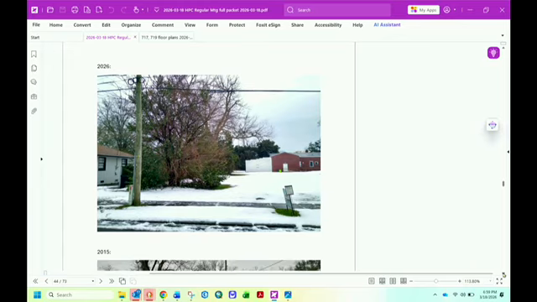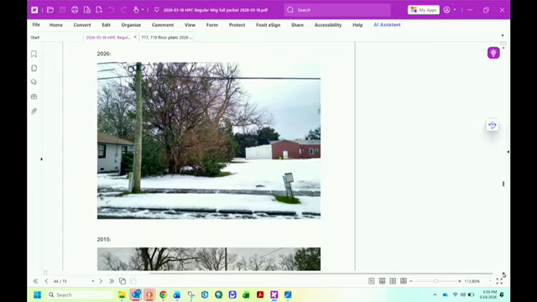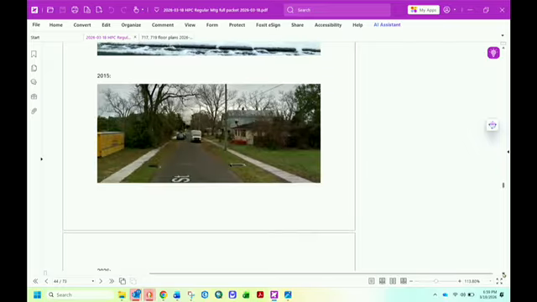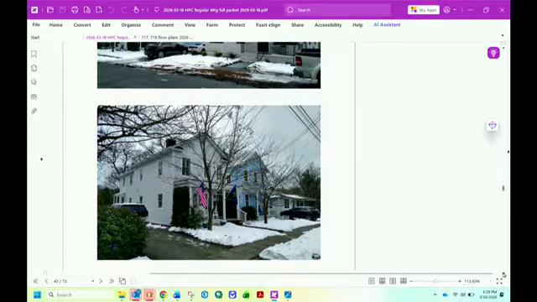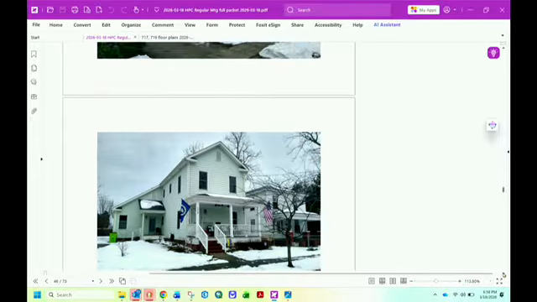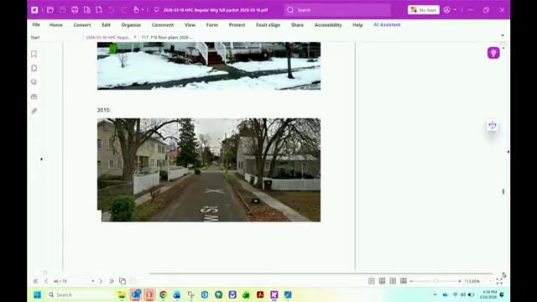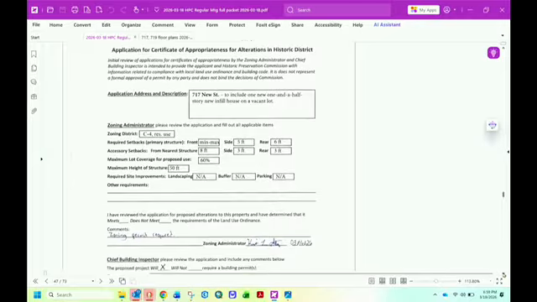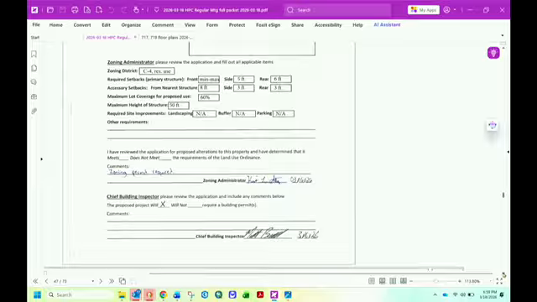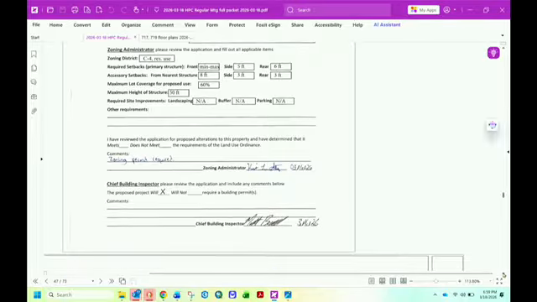There's our photographic view of the site, that big tree on the left. This is a photographic view down the street, and we've seen all those houses before. They're now closer to this house than the previous one. We have all of those across the street, down the street. For zoning and inspections, a zoning permit is required and a building permit is required.